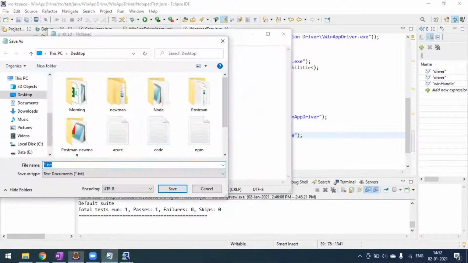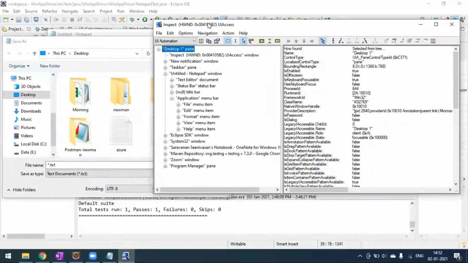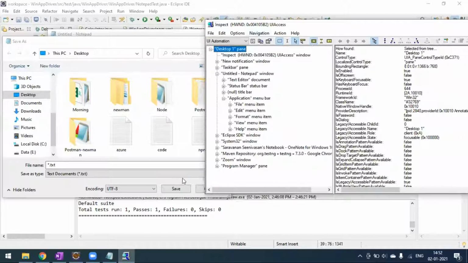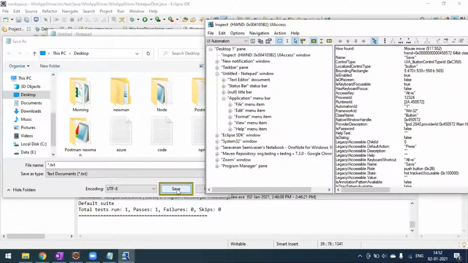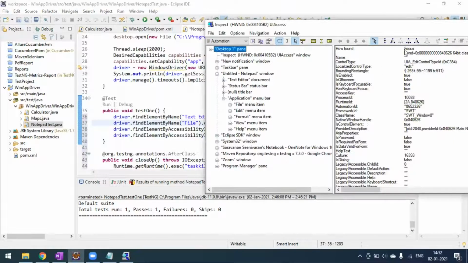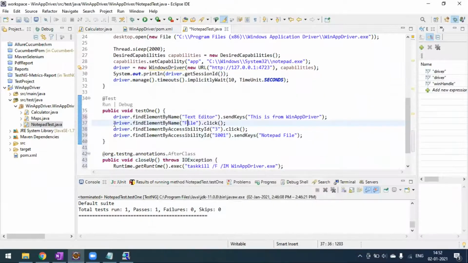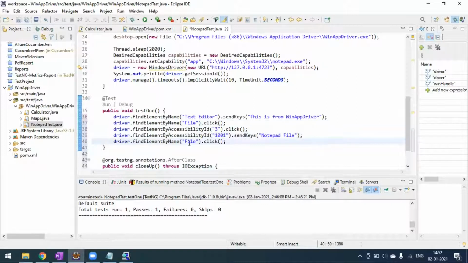And after that, what we have to select, we have to click on this save button, right? So by default, it is saving on my desktop. So let's see this save button. We locate the save button element. So here this value is save, right? So automation ID here you can see as a 1. Okay, we'll take this name value here as save. Okay, I will copy this, the same command since we are using the name here. Okay, so the name value is save.